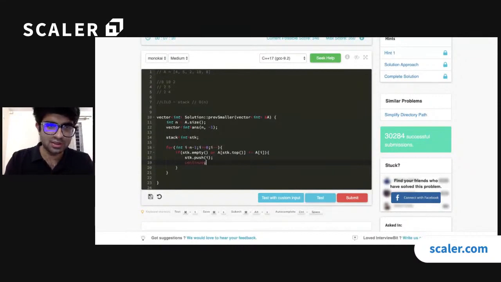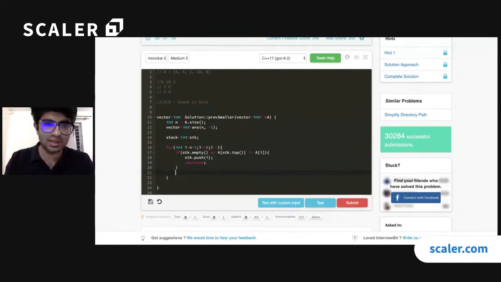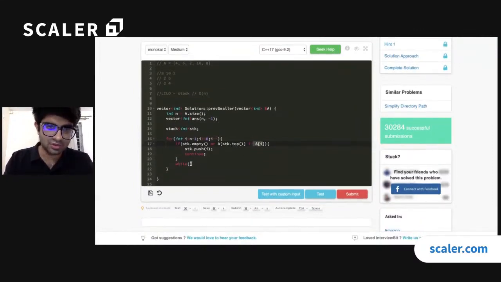Now, if the other case holds, if the element at my top is greater than A[i], then I need to check for how many elements I have found the answer. So let's first check the edge case, whether my stack is empty or not.